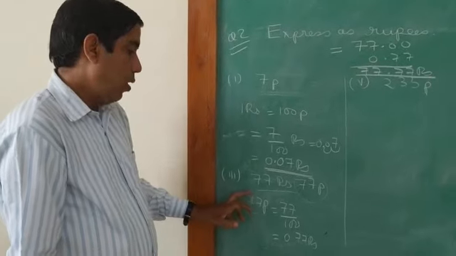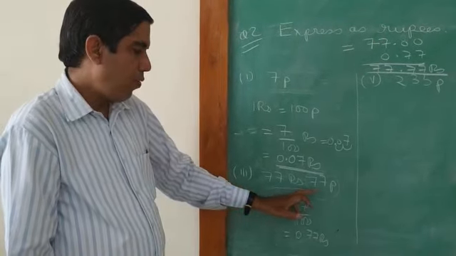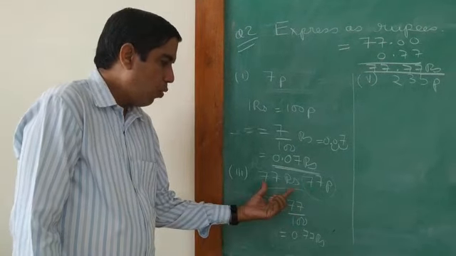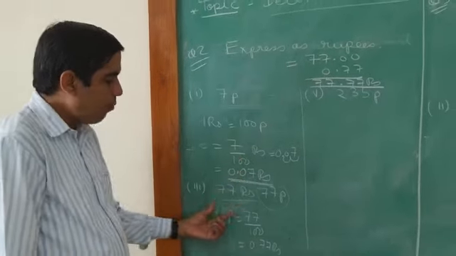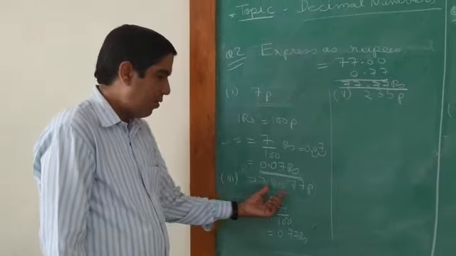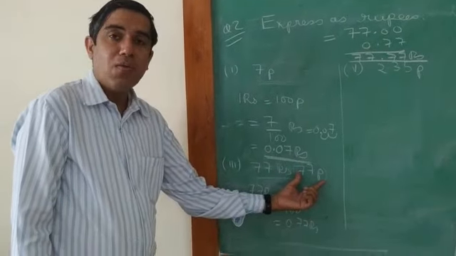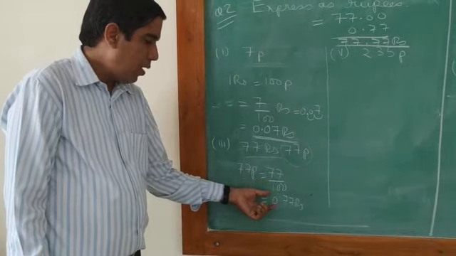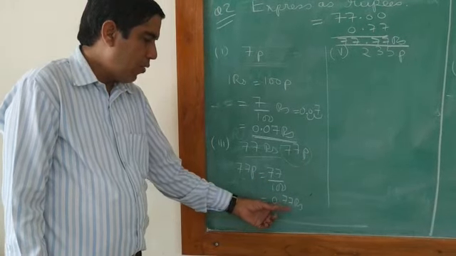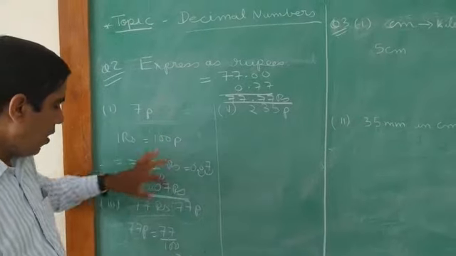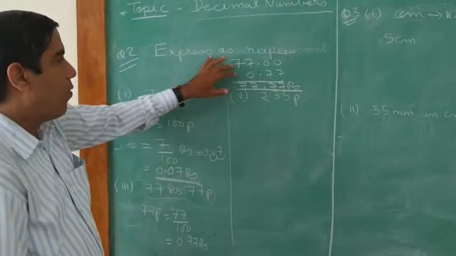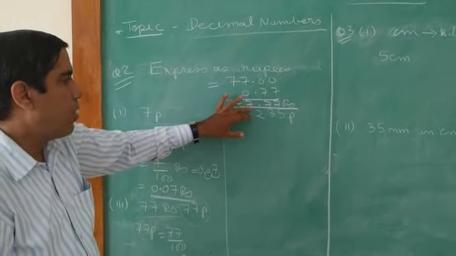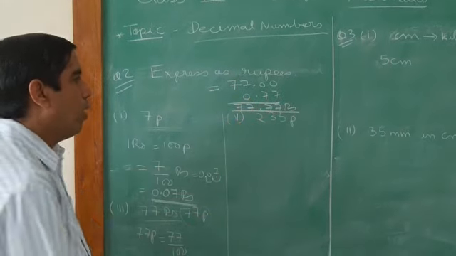I think it is clear to you. 77 rupees, 77 paisa: I am not going to convert the rupees part. See, already they said express as rupees. This part is rupees, so I am not going to touch it. The second part I am taking is 77 paisa. So 77 by 100 comes as 0.77 rupees. Now I am going to add this: 77 plus 0.77 comes 77.77 rupees.